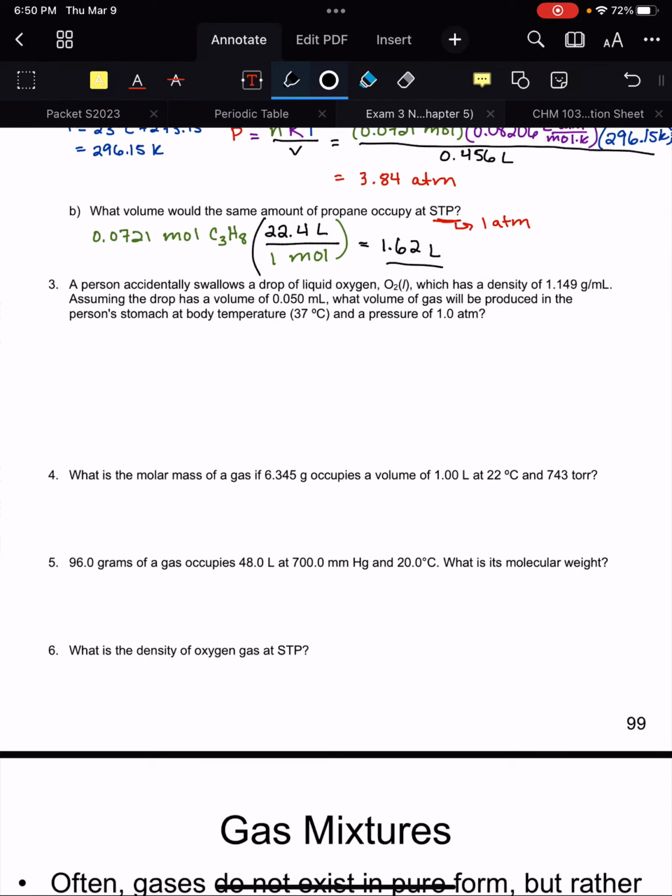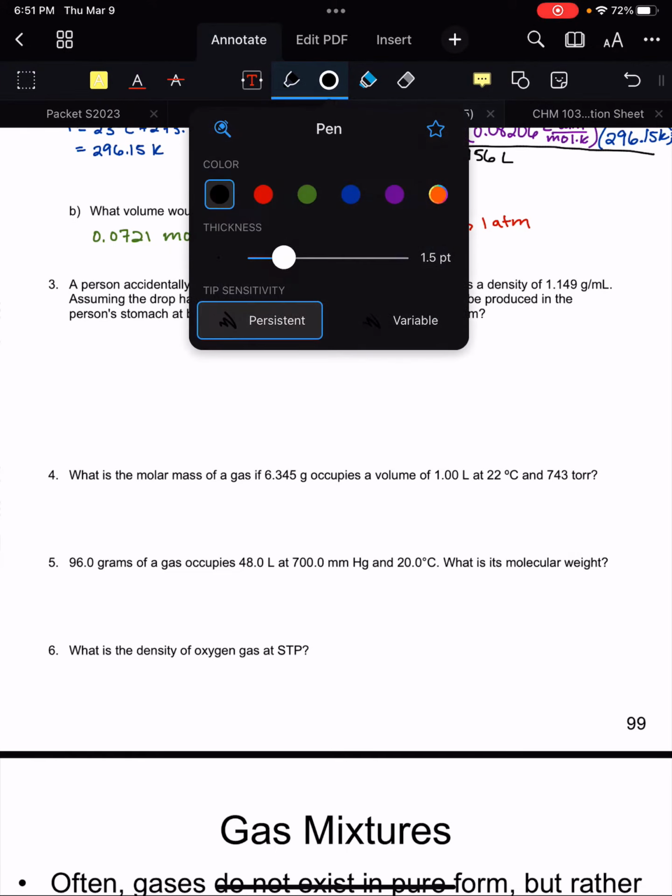All right, let's look at problem number 3. It says a person accidentally swallows a drop of liquid oxygen which has a density of 1.149 grams per milliliter. So it looks like we're not really given much information yet. Assuming the drop has a volume of 0.050 mL, what volume of gas will be produced in the person's stomach at body temperature